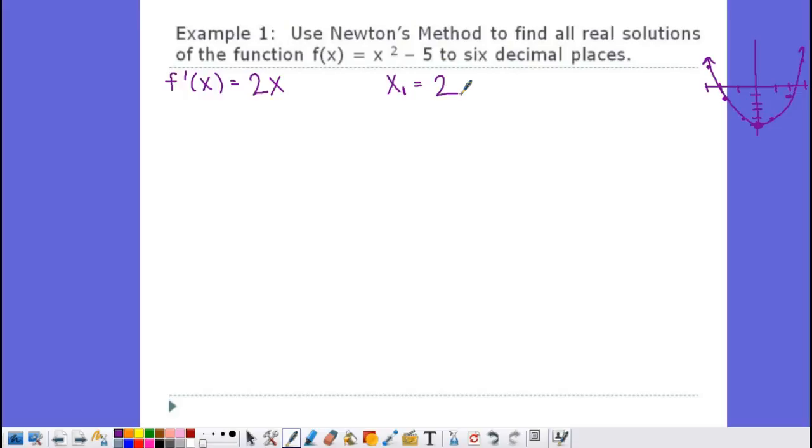So think about the formula that we just constructed. Our formula is x to the n plus 1. That's going to be the outside, that's what it's equal to, because it's going to equal the next root that we're looking for. So our formula is x to the n plus 1 equals x to the n, which we said was 2, minus f of x. So that means I need to know what's the value at 2. So what is f of 2? So it's minus negative 1, all over f prime of 2. So f prime of 2 is,